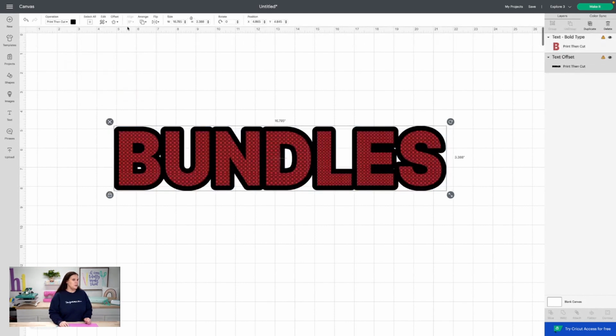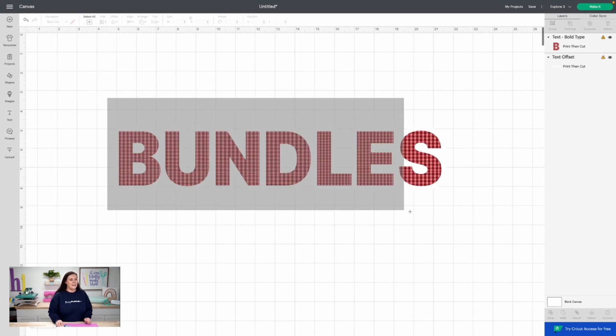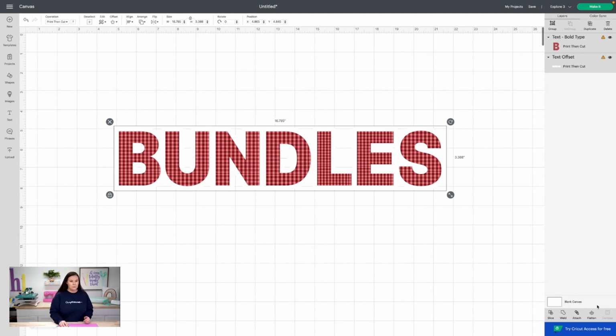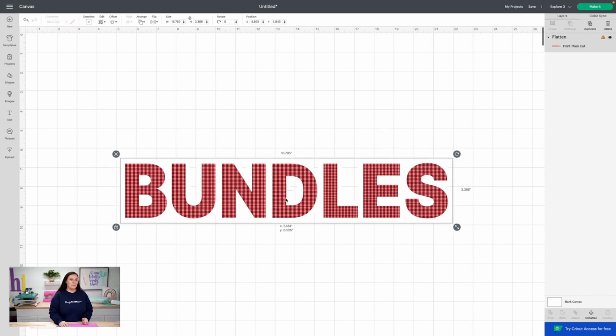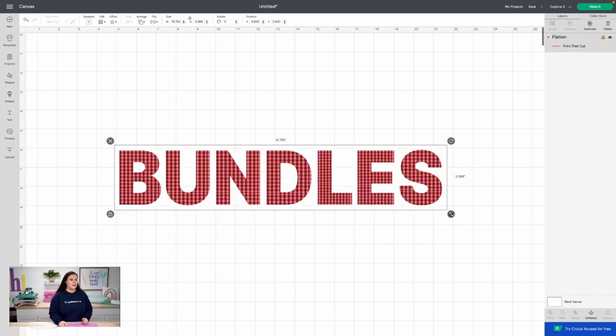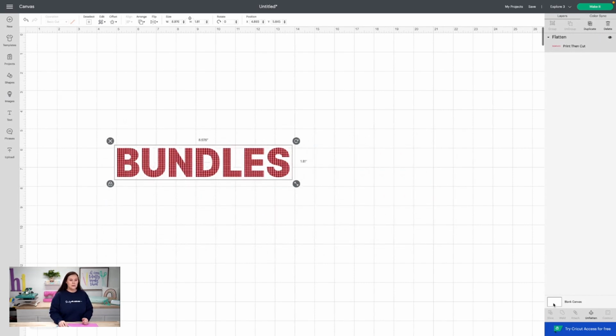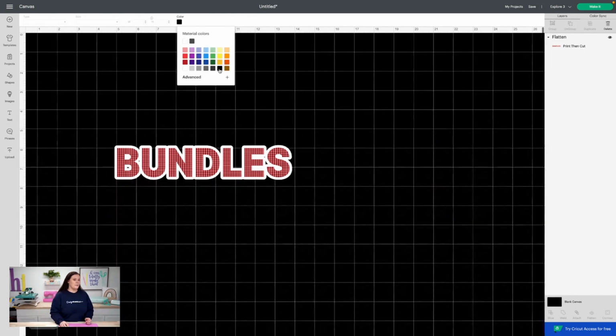And then I'm going to go ahead and change that offset back to a white. There we go. And then to create that sticker, remember that you want to do flatten. Anytime you're creating a sticker, you definitely want to use that flatten so it becomes one solid design. We can size that down so it's a sticker. I'm going to change our background to black just so you can see that really pop off of there, just like so. So it's really cool.